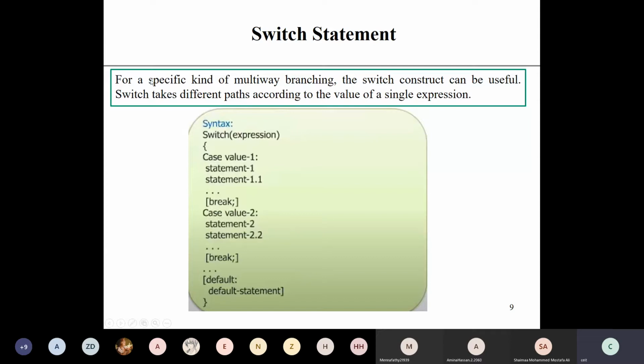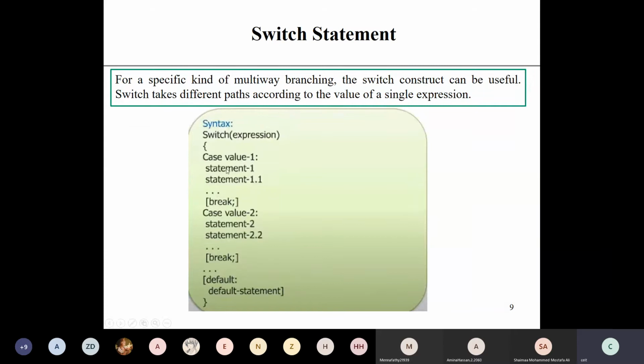The switch construct can be useful for a specific kind of multi-way branching because switch takes different paths according to the value of a single expression. Based on this expression, it will take the path.